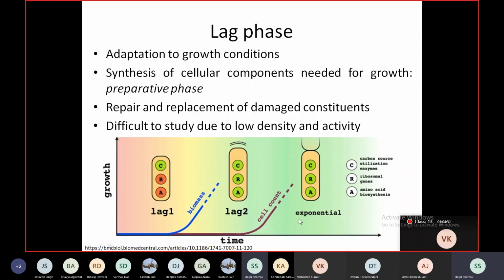And only after this phase you will see that the exponential phase starts. So during lag 1, the ribosomal genes and the amino acid biosynthesis are shut down, preventing cell growth. It's only preparing the cell